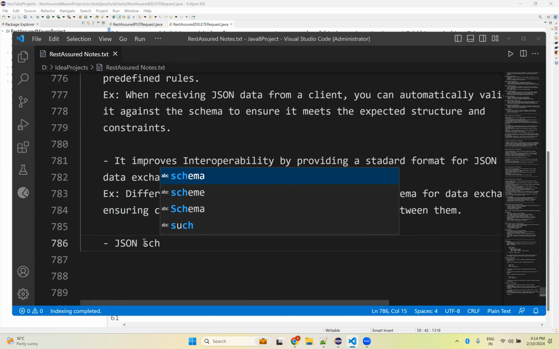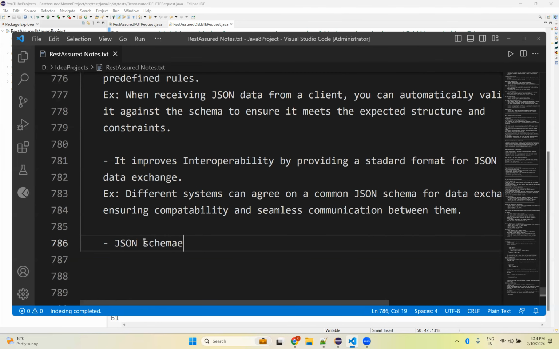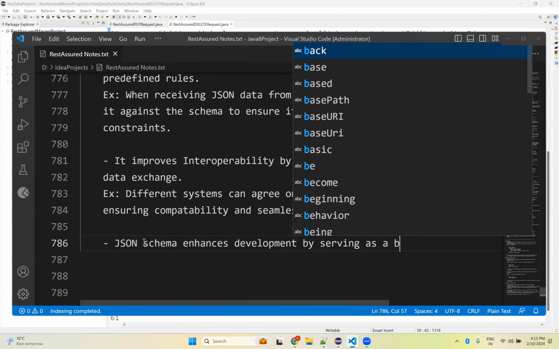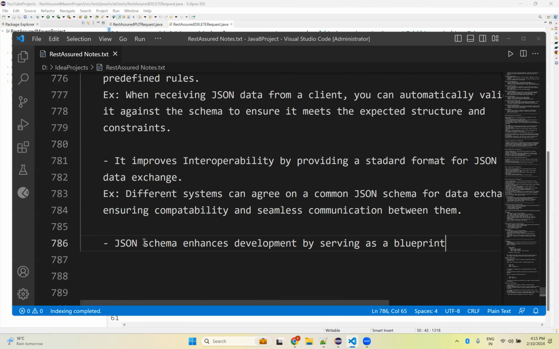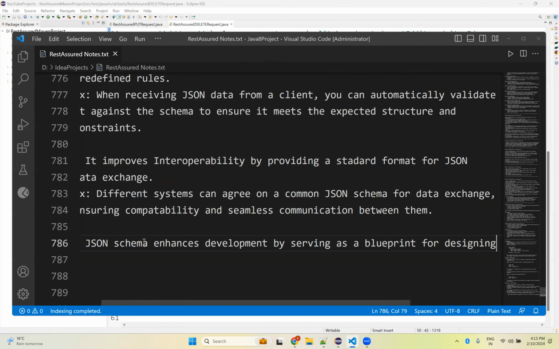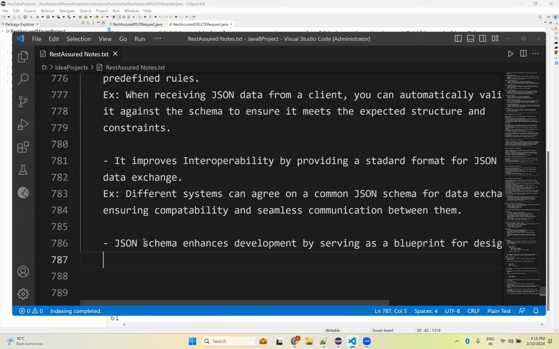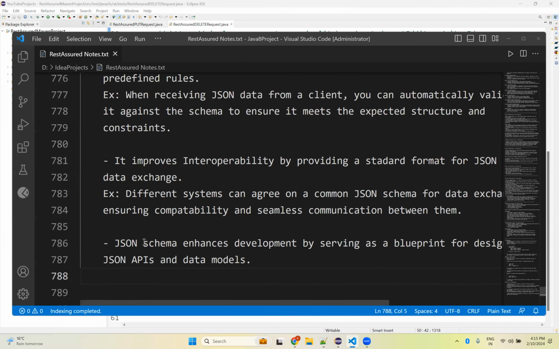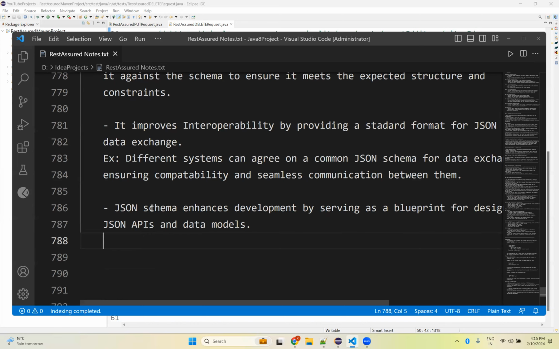Okay, JSON schema enhances development by serving as a blueprint for designing. Okay, so it's serving as a blueprint for designing JSON APIs. Okay, JSON APIs and data models. Okay, so without this JSON schema, what kind of